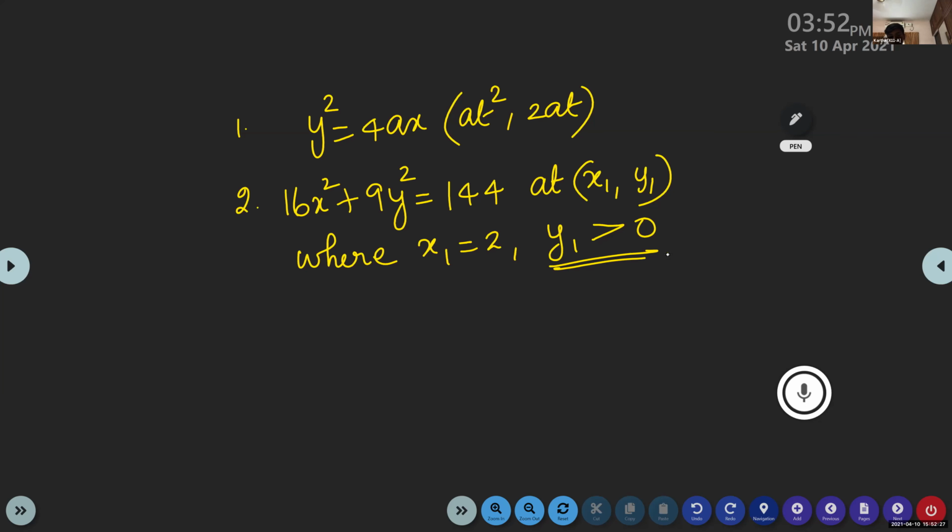We should substitute x in the equation and find the value of y. When you find y, what type of equation is this? Plus or minus will come. Yes, we are having square terms, isn't it? When we take the square root, we'll get plus or minus. So we'll get a positive value for y as well as a negative value. We'll be selecting only that value which is greater than 0. Suppose we are getting y value as plus or minus 3, then I'll select y1 as plus 3. We select only those values which are greater than 0.